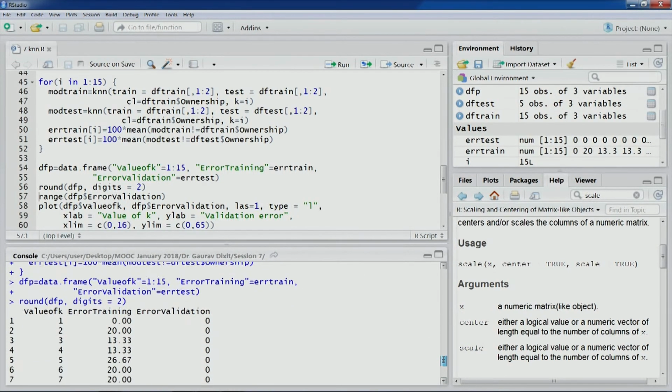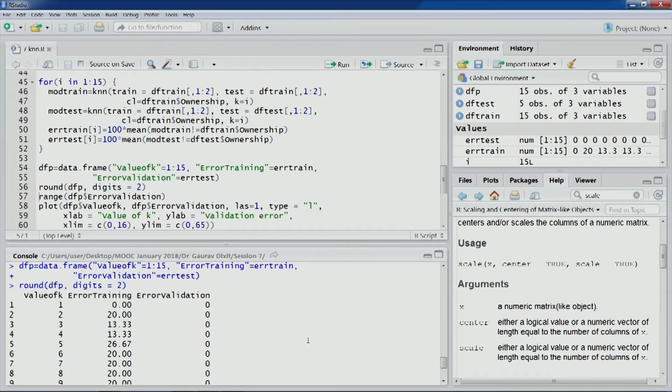This is the output you have for the value of k. When the value of k is 1, you can see the training error is 0 and the validation error is 0. When k is 1, we are essentially going to use just one observation. For any observation in the training set, we use just one close-by observation, right.